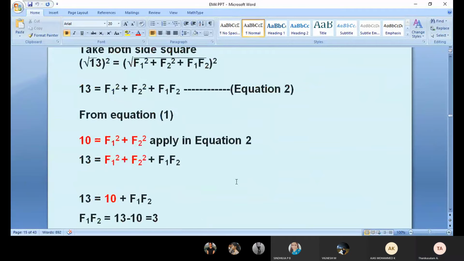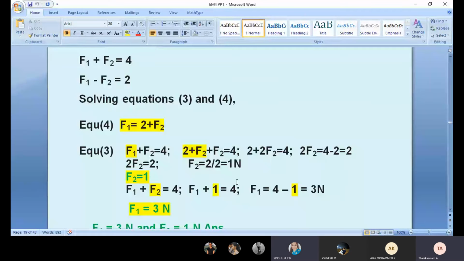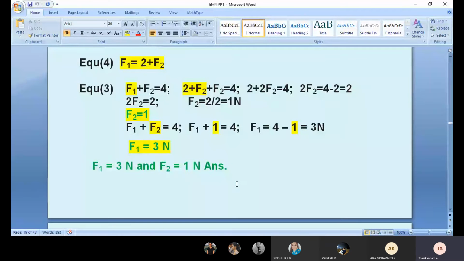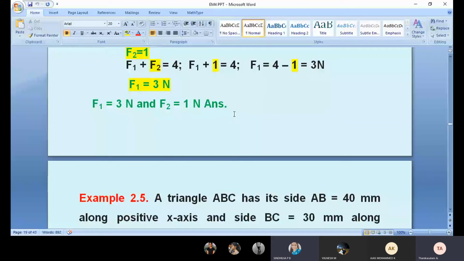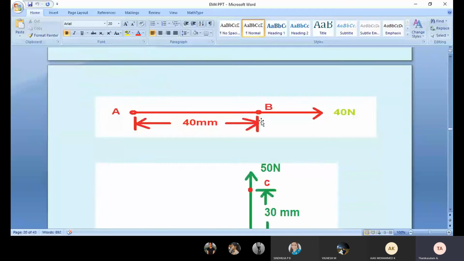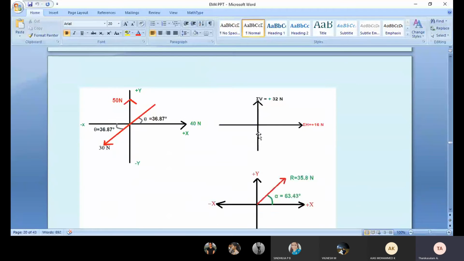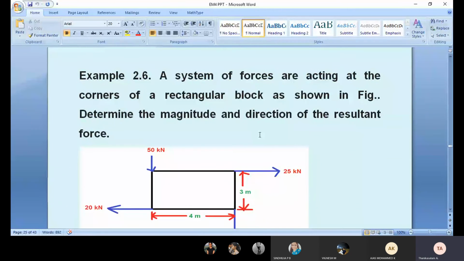Okay. Sindhuja, can I go to the next problem? Yes, sir. Please also understand. Yes, sir. I understood, sir. Okay. So before going to this one, we will do a simple question. I will go to the next problem. This next problem is very simple. So we will come back to 2.5.